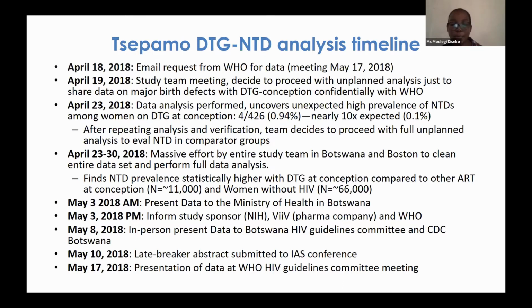So over the next week, it was all hands on deck in Botswana and Boston as we quickly but thoroughly cleaned our data and performed the full analysis. I don't think anyone slept that week, and we felt the pressure not to make any mistake. And in this analysis, we found that the NTD prevalence with DTG at conception was higher as compared to the about 11,000 women on other ART regimens at conception, and among 66,000 women who were HIV unexposed,